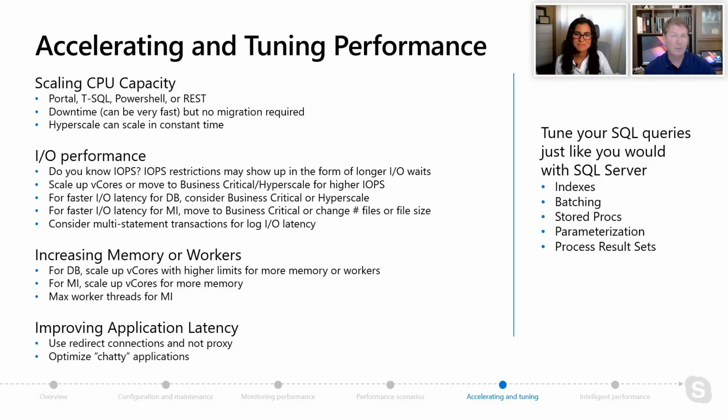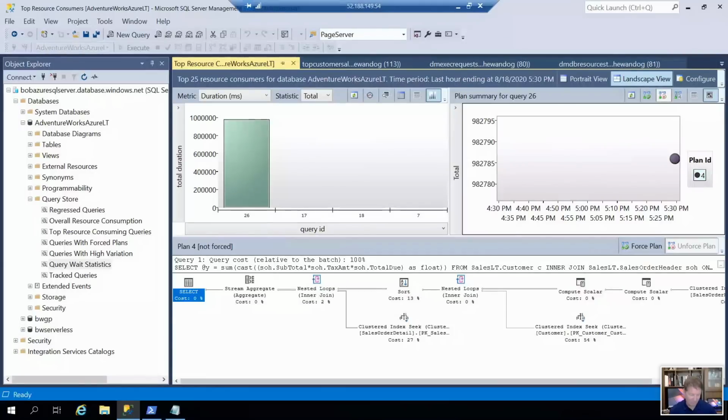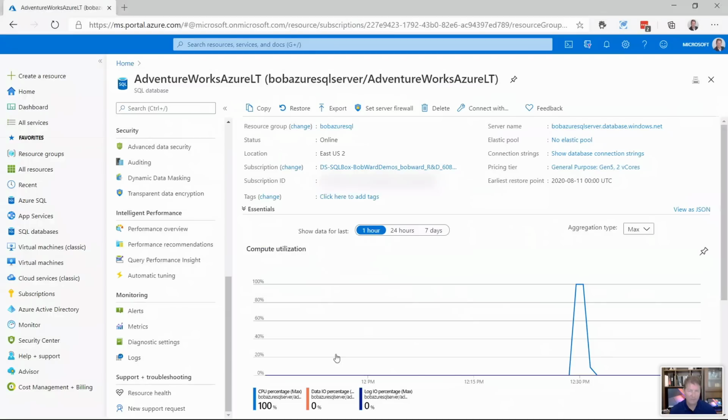Well, think about what I showed you. I showed you a 2 vCore deployment. In fact, let's share this out again. Let's go back over here and share out what we were looking at. And if you remember, I'll bring the portal back up over here. We had a general purpose 2 vCore scenario, and we still see our graph here for our CPU utilization that we had. So I have determined by just looking at this that the query plan's fine.